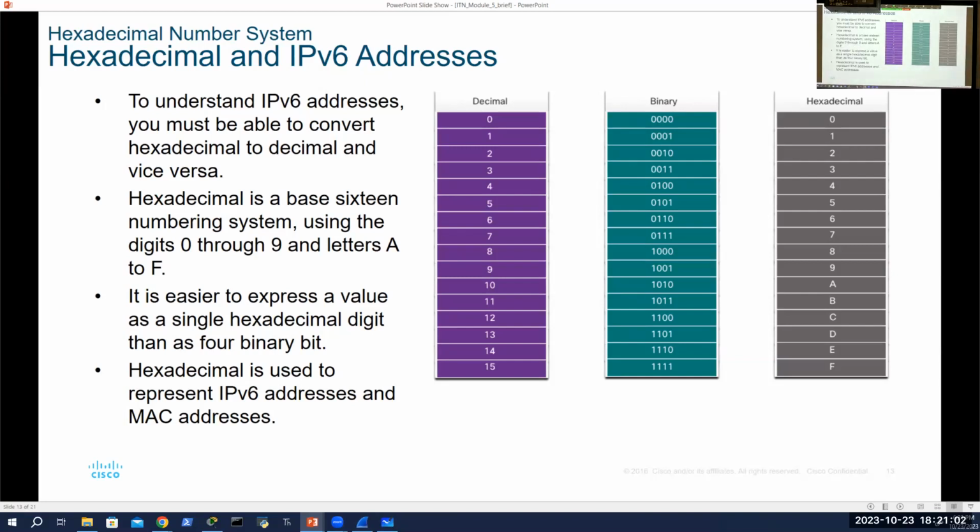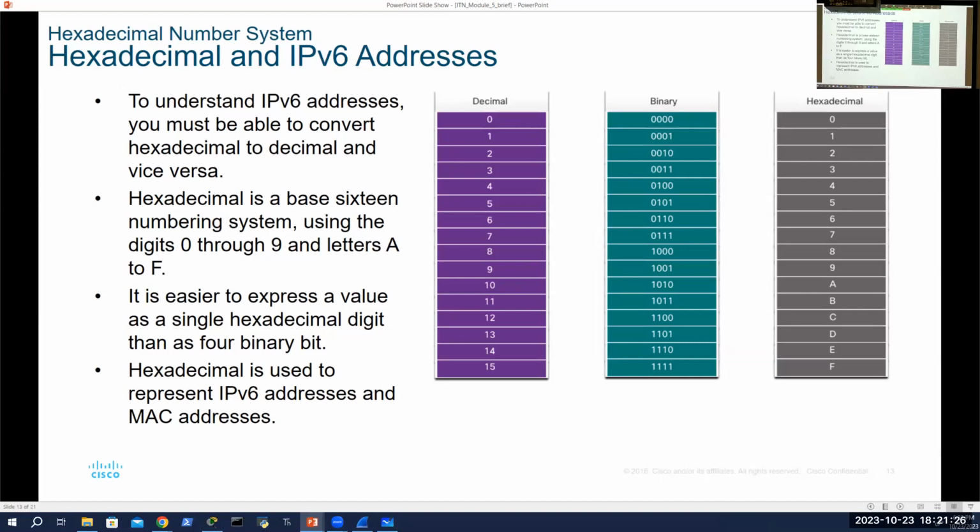IPv6. It's usually hex to binary or binary to hex. It doesn't hurt if you can convert it to decimal, but it's not something that in practice is all that necessary. So what you need to know about hex